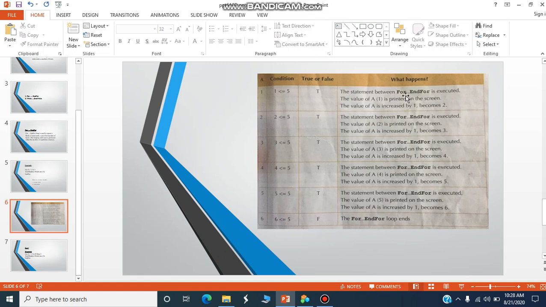The statement between For and EndFor is executed and by incrementing 1, it becomes 2. Again, it is true and the statement is executed. Increasing by 1 becomes 3. Again, it is executed and so on. And you can see when the value becomes 6, the condition becomes false and the For...EndFor loop ends.